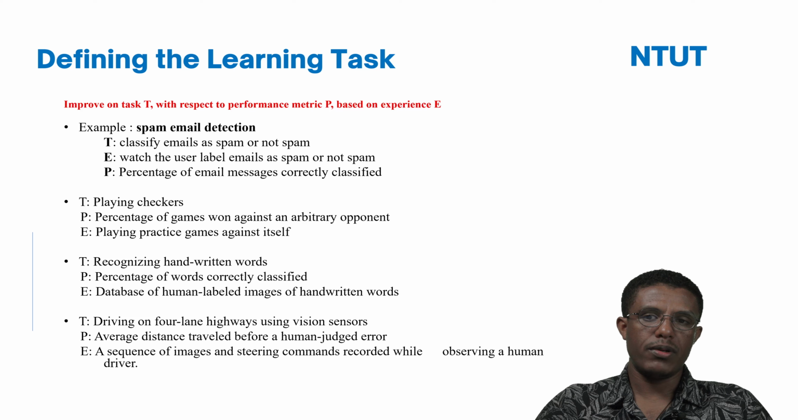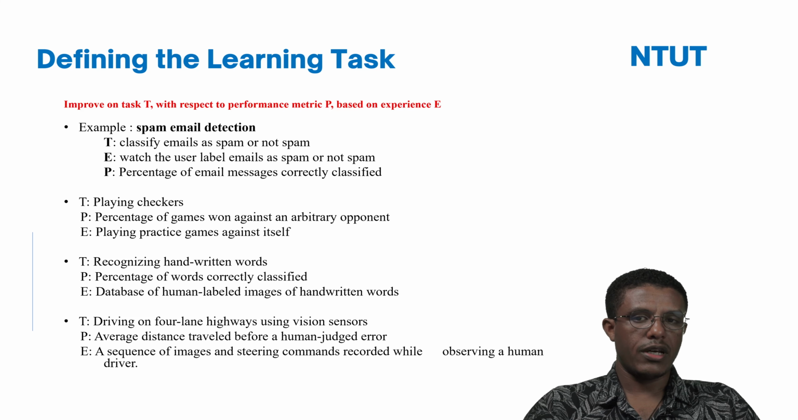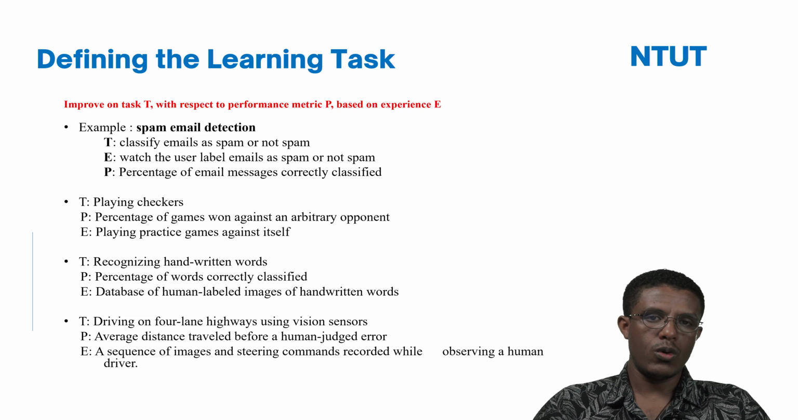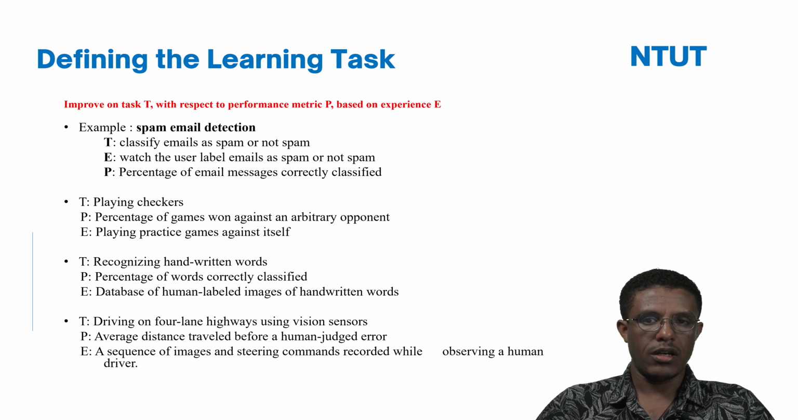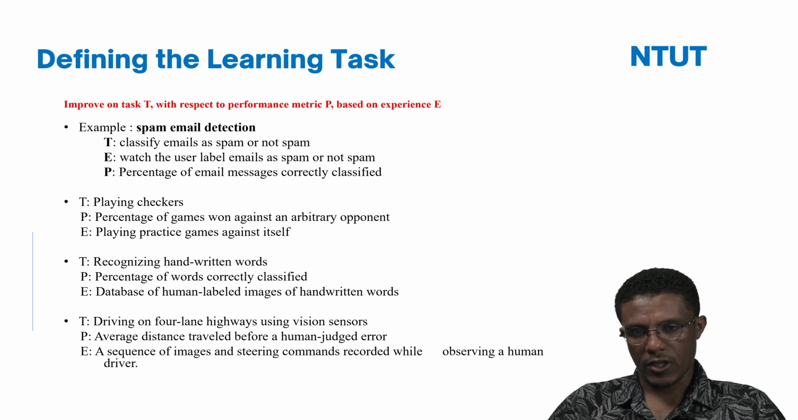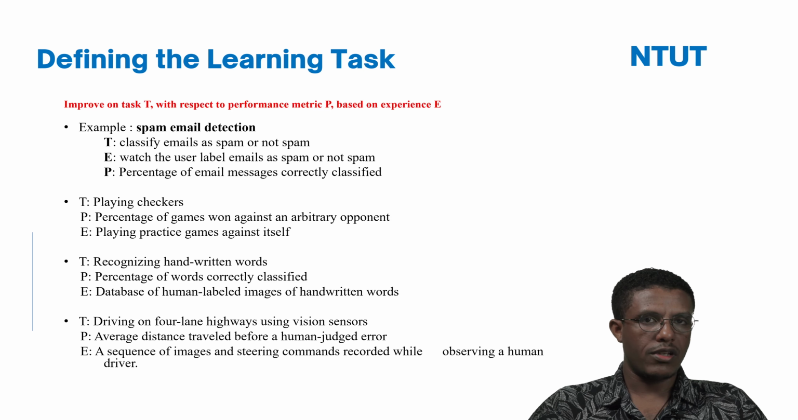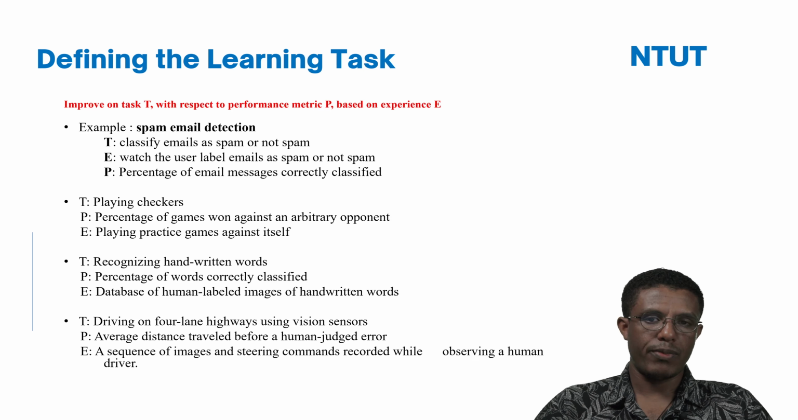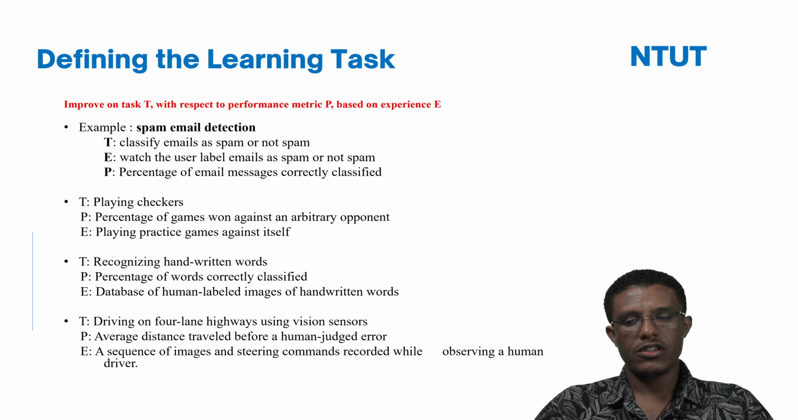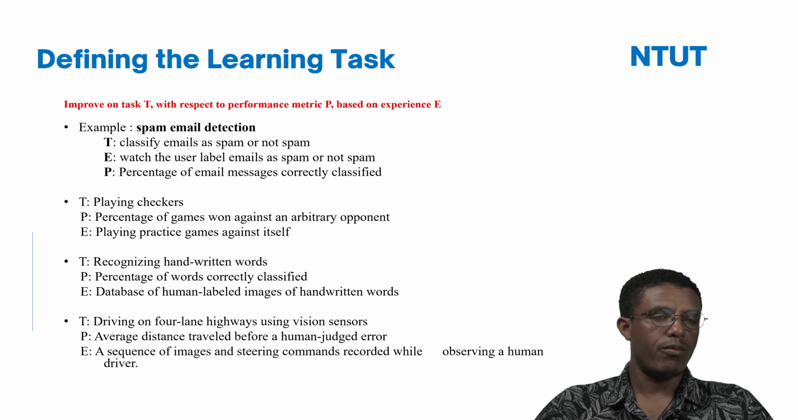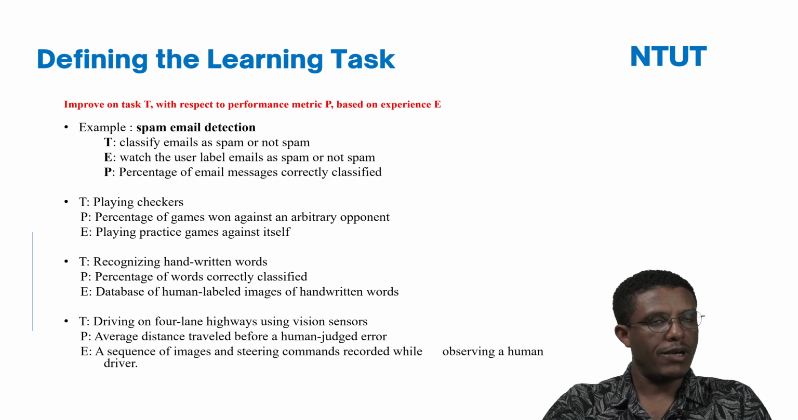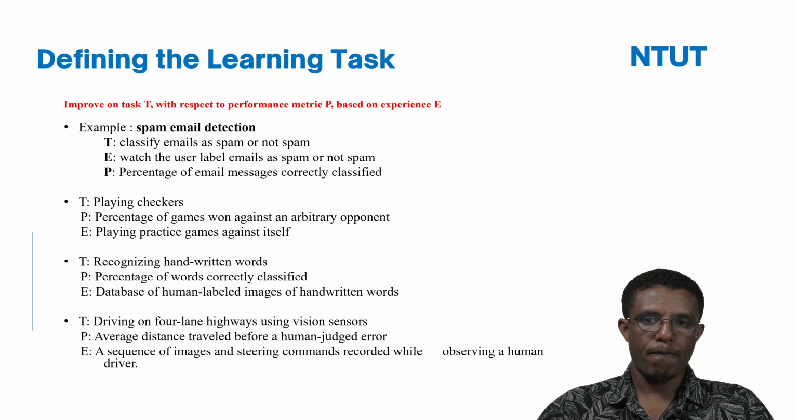Let's say, for example, the first one is spam email detection. When we develop a model that detects or classifies emails as spam or not spam, the task is just to classify emails as spam or not spam. So this is in the learning process. When you say task, it actually means our goal to solve by using that algorithm. And then